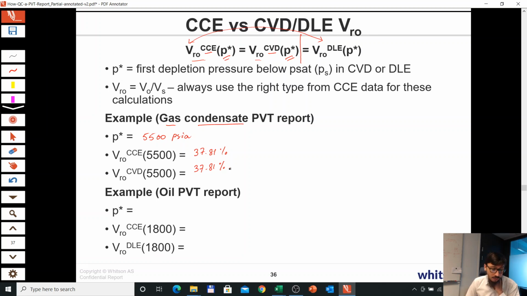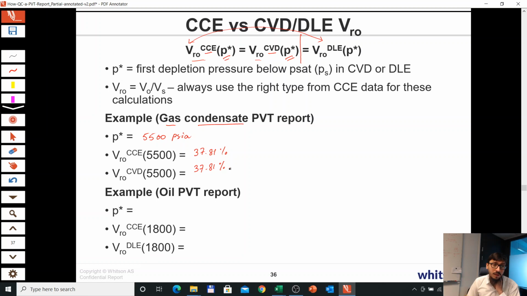So just doing this QC, you cannot tell whether it's a CCE experiment that's wrong or a CVD experiment. But if you have done other QCs, for example, if you have done material balance QC on the CVD experiment, and you combine that information with this information, then you can tell something about